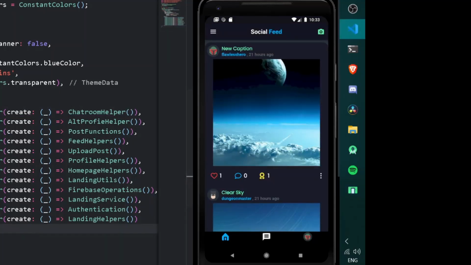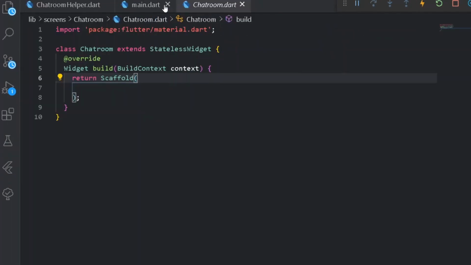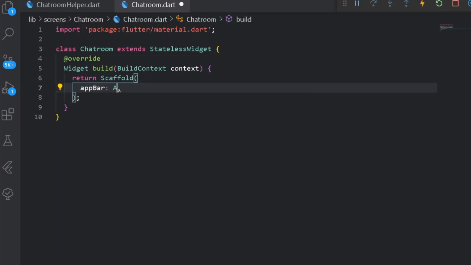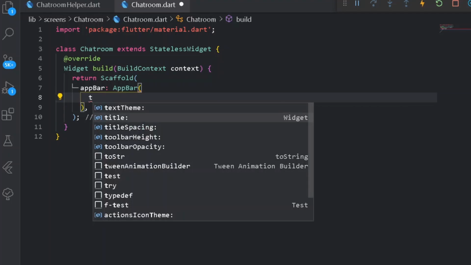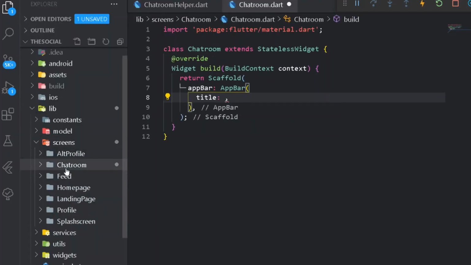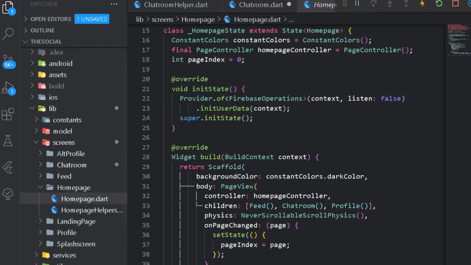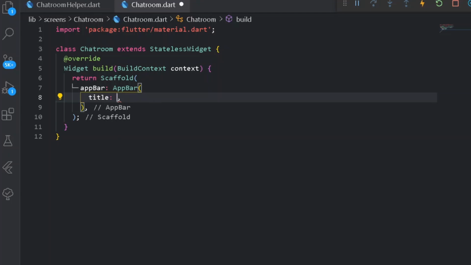Cool. So now as this thing is done, we can go back under our main chat room, and here under this file, if you observe under our entire list of page view, the chat room belongs here under messaging. Obvious thing. So first of all, let's create an app bar. Under the following app bar, first of all, let's have a title to be a rich text. So for having the rich text, we can go under any of our favorite file, let's say under home page, and from home page, let's go under field. So under the field of title, we can have a rich text.